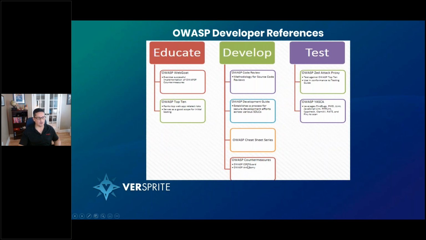Another one that's good there is the cheat sheet series. It provides some prescriptive measures for different types of things that developers can use. On the testing side, there's the ZAP, Zed Attack Proxy, which we'll get into in a second. And then a traditional one that's been used is YASCA for static analysis or a linter. So if you're looking for an open source linting tool, another one I'll recommend